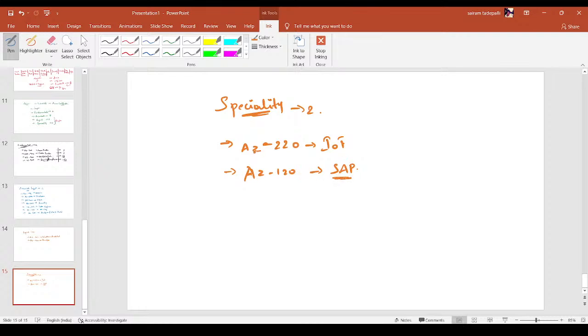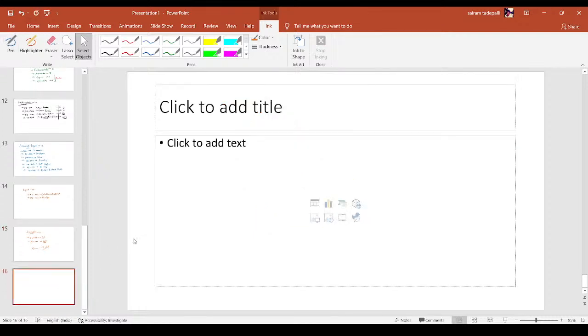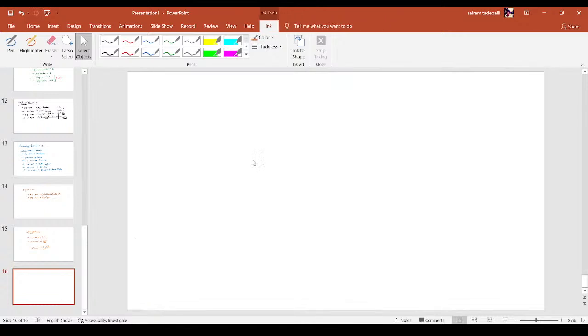So these are totally how many certification programs? Here 4, 7, 11, 2, 2, 4, 15. So totally in Azure we have 15 different certification programs available. So we all have a good knowledge till now. I think so you got a clear picture on what are the different types of certification programs available.